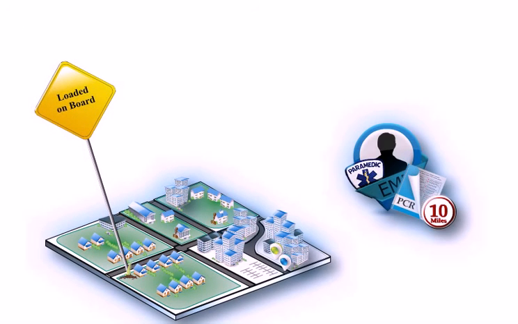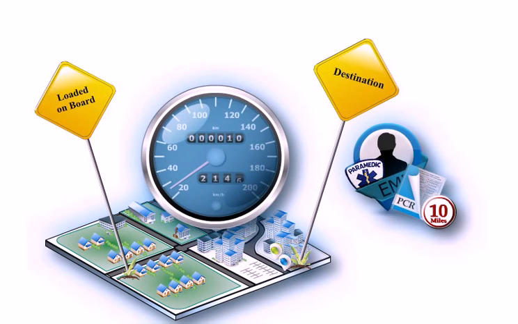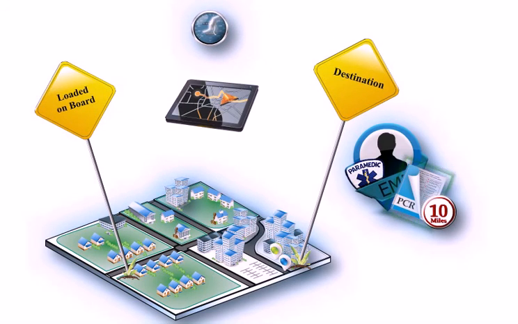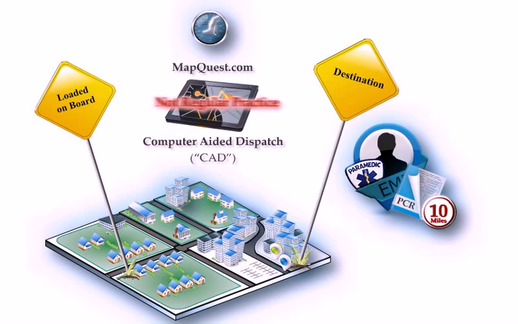Report the actual beginning mileage when the patient is loaded on board and ending mileage once at the destination. Use odometer readings and document the total mileage to the tenth of a mile. If there is an unusual situation and you are unable to obtain actual odometer readings, be careful to obtain the mileage from a current and accurate source, such as an online mapping system, for example, MapQuest.com, or your computer-aided dispatch system if appropriate. The use of these aids is an exception and should not be used as a regular practice